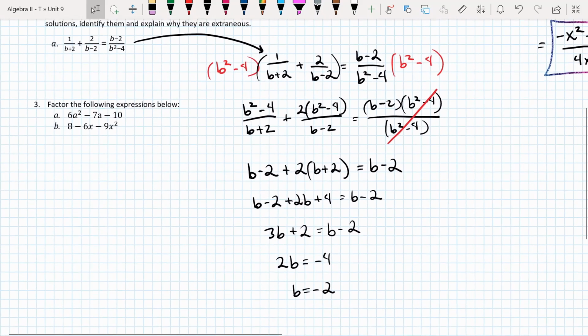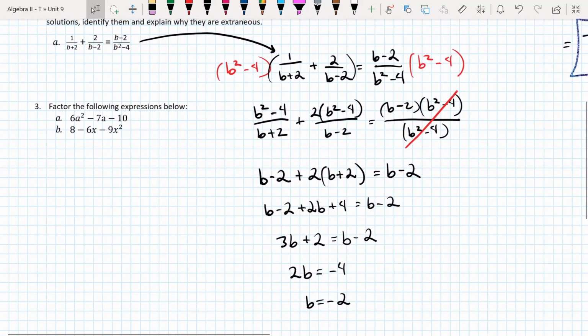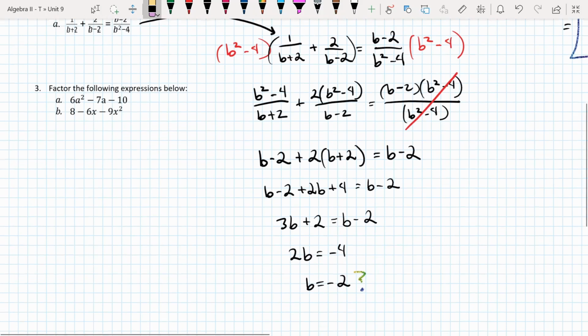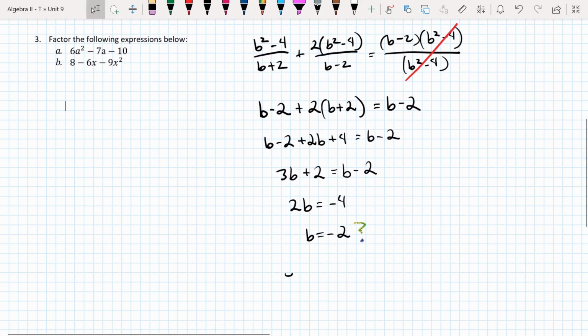So, is that the answer? It is actually not the answer in this case. The reason why it's not the answer is that if we were to take b equals negative 2 and plug it into this equation, we're going to get an undefined value in both the first term and this last term over here. Because if you plug in b equals negative 2, we're dividing by the number 0, and you cannot divide by the number 0. You get an undefined output. And so we say this is an extraneous solution